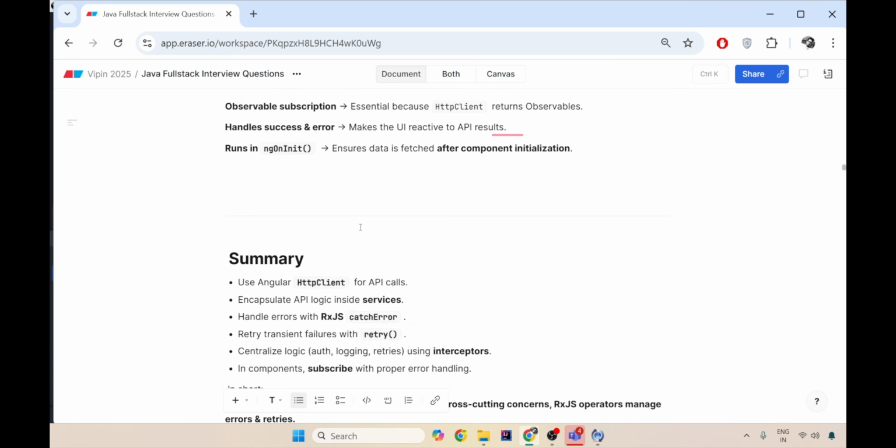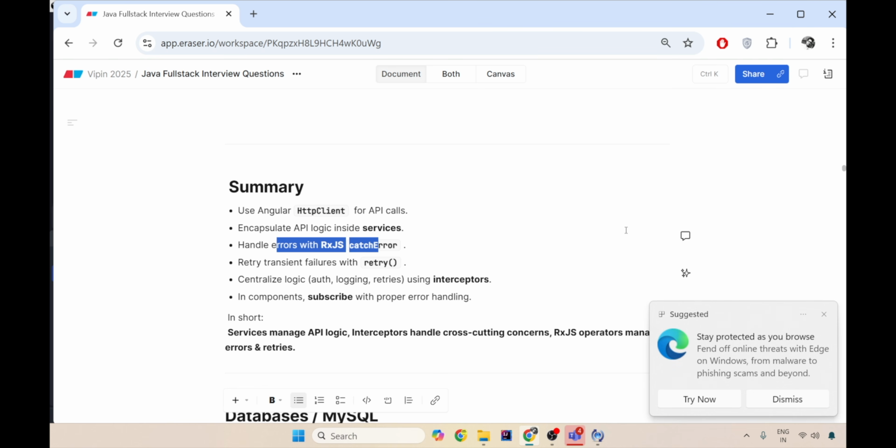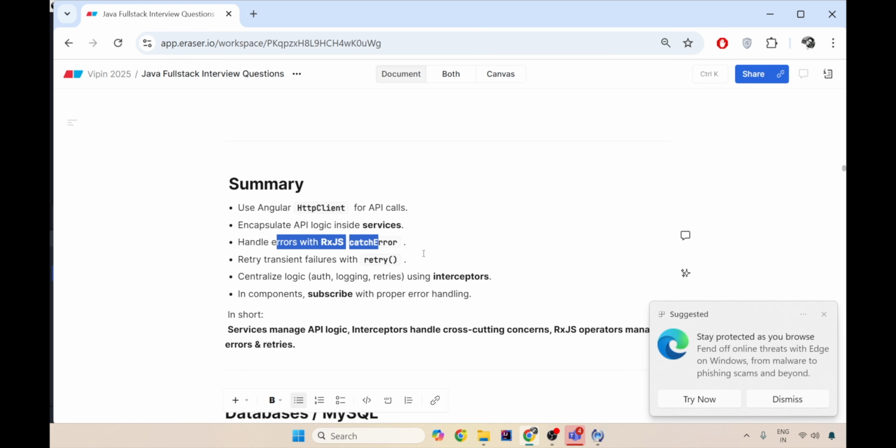So in the summary, how your front end Angular application connects with the REST endpoint to your backend application is you use HttpClient for your REST calls. You encapsulate the HTTP calls in services. Your service http.get API results in an observable which has to be subscribed. Once it is subscribed, you can always handle your RxJS errors.